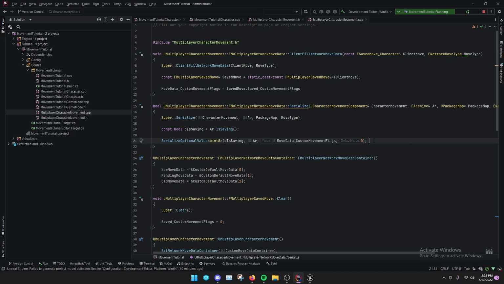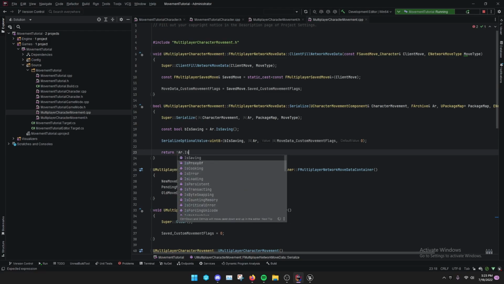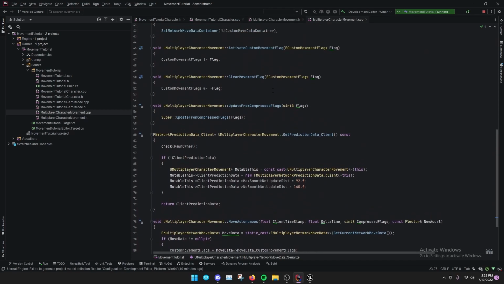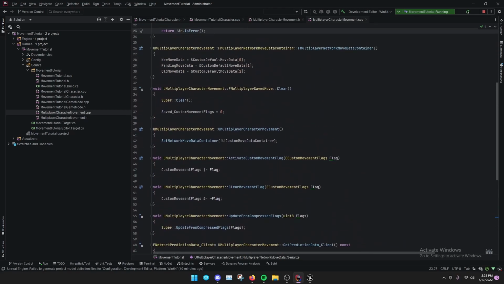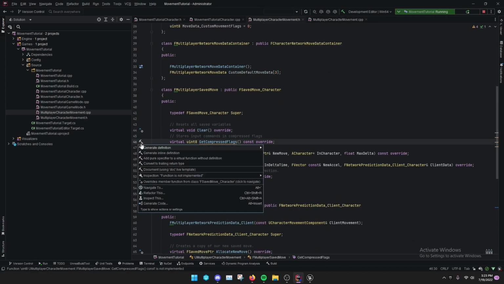Okay, so go back to your serialize function, and we have to return something here. So this AR dot is error. This is basically telling us if the serialization was a success. So basically, if it's not an error, then we will return true. If it is an error, we will return false. So once that is done, we can move on to our get compressed flags function,